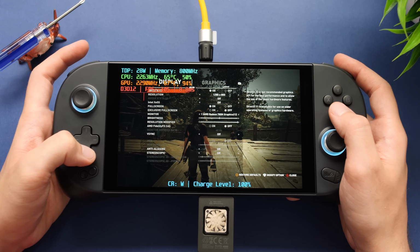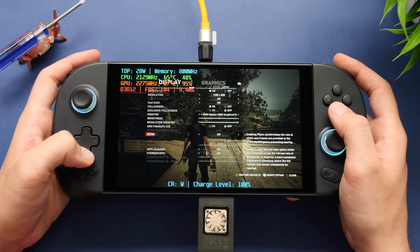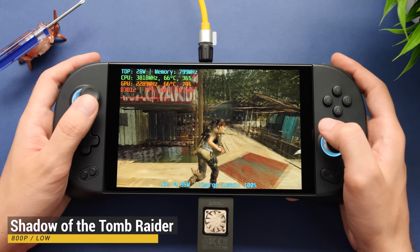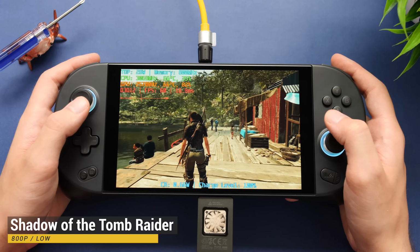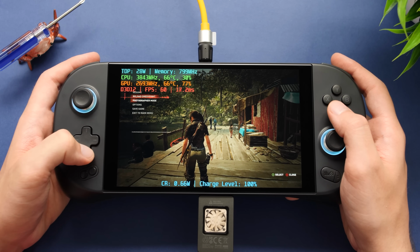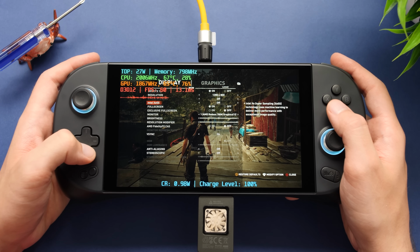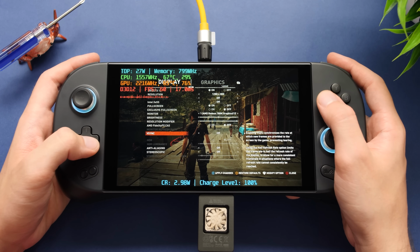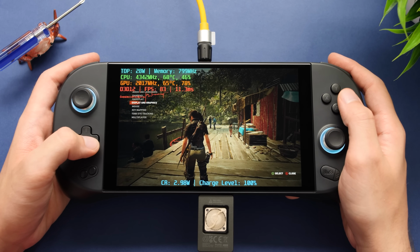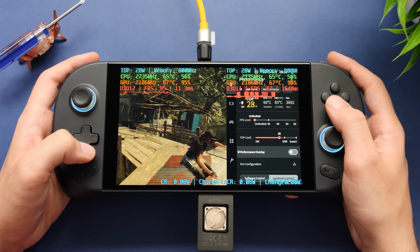Our next game is Shadow of the Tomb Raider. This one is a lighter game that doesn't have any issues hitting the FPS cap without FSR enabled. We are at 800p low settings, and I had this set to 28 watt from the previous game, but that was too high. I enabled VSync to see if that would drop things, but the power just reallocates. So for something like this, I'm just going to disable VSync and adjust the TDP until we can start seeing